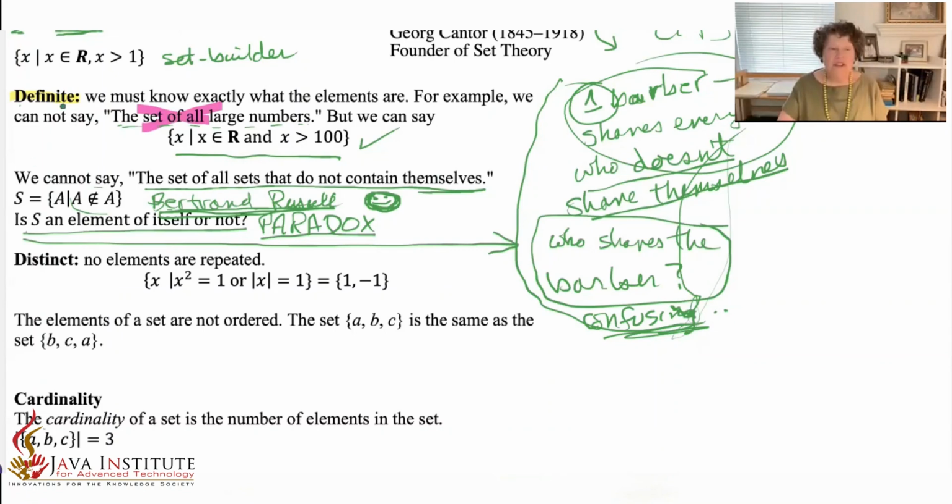Anyway, so that means we have to know what's in the set. If I give you a set, you absolutely have to know what's in it and what's not in it. And if I give you a set like this, or a set of large numbers, you say to me, you haven't defined a set properly. Now, no elements distinct means no elements are repeated. And I came up with kind of a weird example here. I don't know if it's a very good one, but if I say x squared is 1, or the absolute value of x is 1, you can say, well, here it could